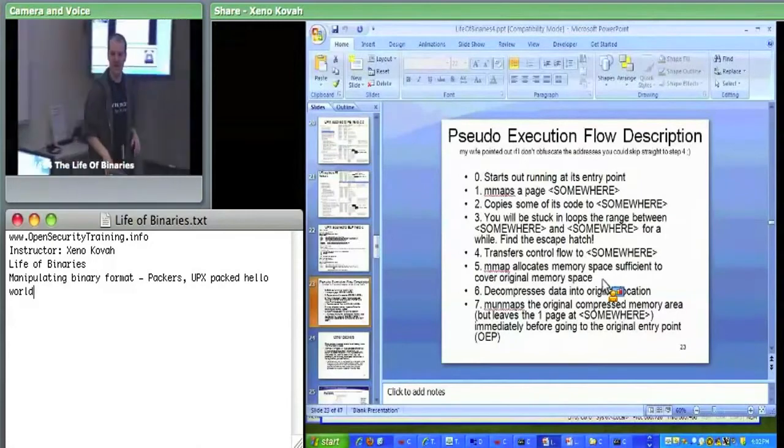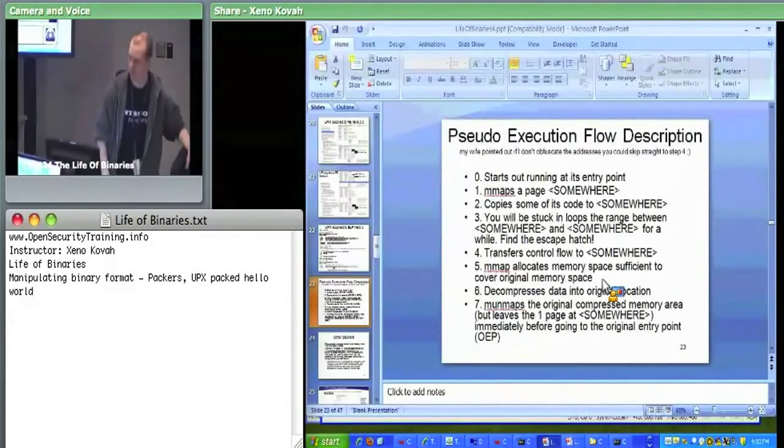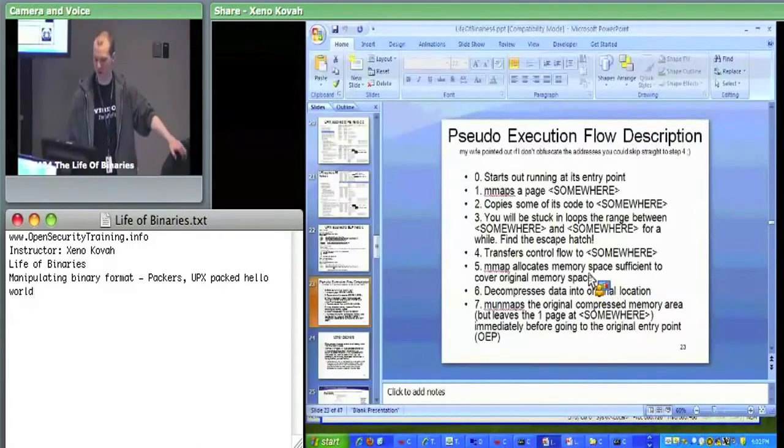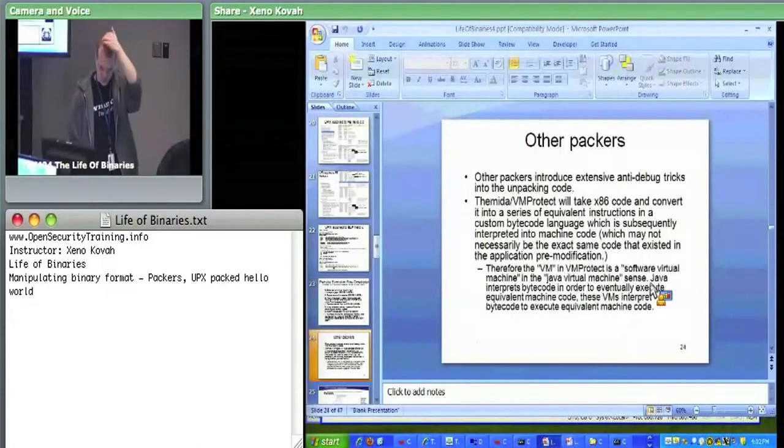Don't use this for analyzing the UPX one. There's probably a bazillion things out there that can tell you how to unpack UPX, like unpacking tutorials and stuff like that. But you can just kind of step over all the instructions, step into some calls if necessary, stuff like that. Right, so the only other miscellaneous things I want to say about packers is,